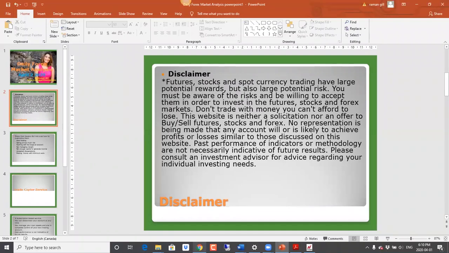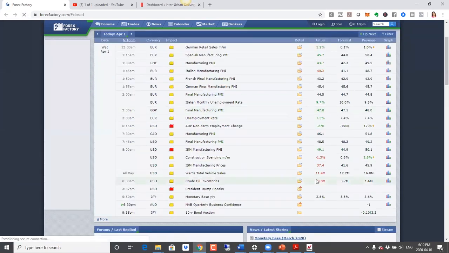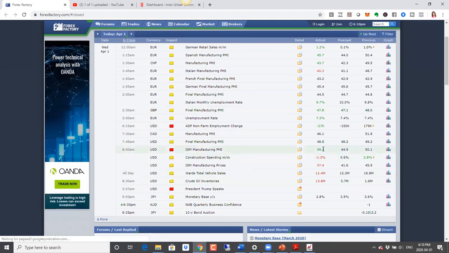All right, as usual, we'll start off by taking a look at our calendar here. In terms of our news today, first of all, we saw that ADP non-farm payroll numbers actually came in above expectations. Usually this is considered a precursor to the actual non-farm payroll numbers, but sometimes they do differ. So if the non-farm payroll numbers come in below expectations, then we are likely to see a drop in the US dollar. But for now, these numbers were good.